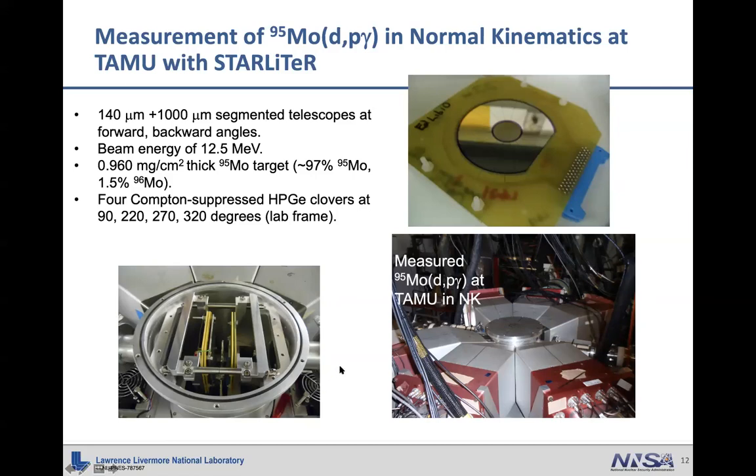You can see a close-up photograph of this setup in the lower left-hand corner. So the beam is coming in from the left side of the page. It impinges upon a target, which was a milligram per square centimeter thick enriched molybdenum-95. The beam was a deuteron beam of about 12.4 MeV at about 0.3 nanoamps, provided by the cyclotron at Texas A&M